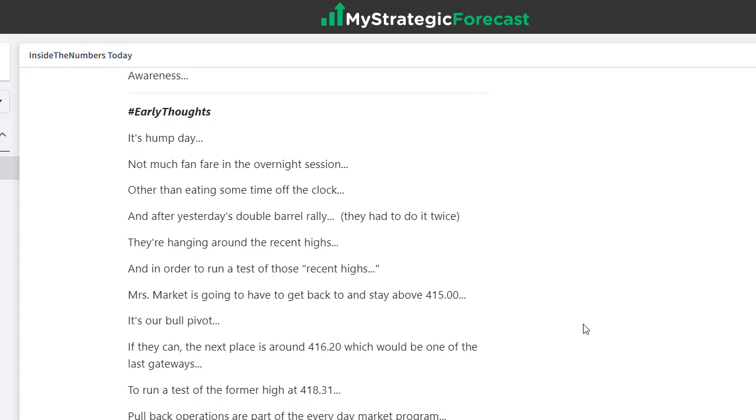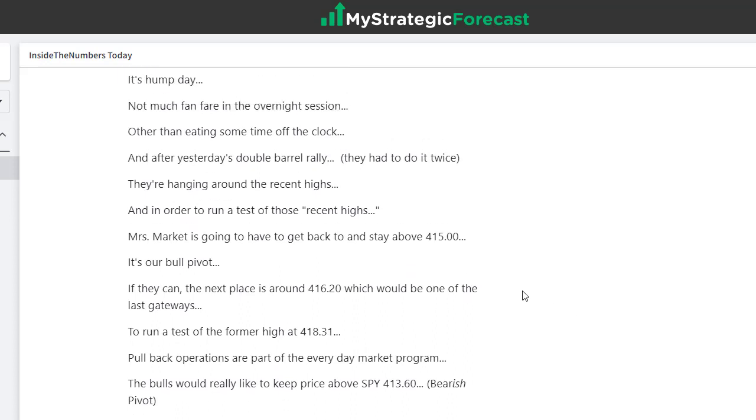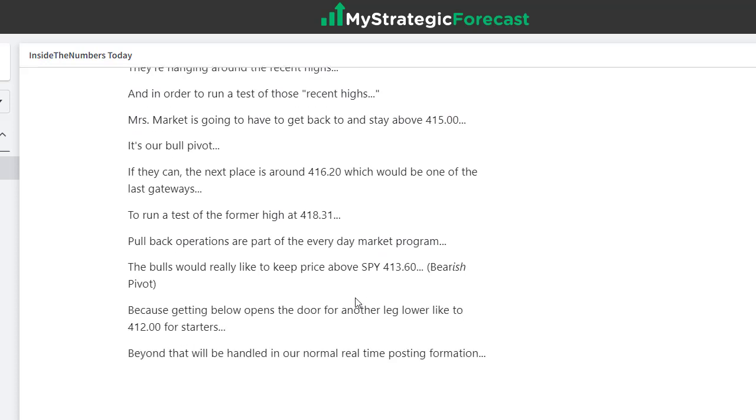I'm going to compress this down a little bit. So what I urge you to do is pause the video and read the notes, go back to the chart and double check the work. Basically, we had 415 on the upside as a target. They never even got there, so we don't have to worry about the higher stuff. What we do need to worry about is